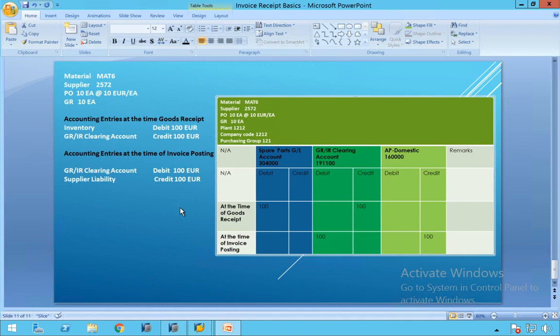The GRAR clearing account is required as the double entry system compels us to maintain it at the time of goods receipt. Why? We will not pay the supplier at the time of goods receipt. We will wait for the invoice to come. But until the invoice comes, we cannot wait for the offsetting entry, right? The system cannot wait, no? So it is a legal requirement to offset to another GL account. So now we have understood invoice verification fully, with the fundamentals and also the financial accounting entry basics. So with this, we will end invoice verification, logistics invoice verification.